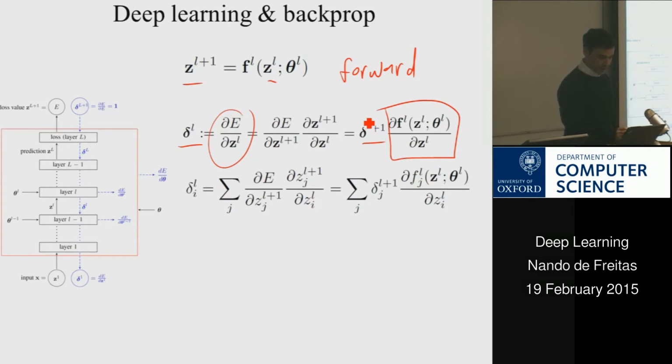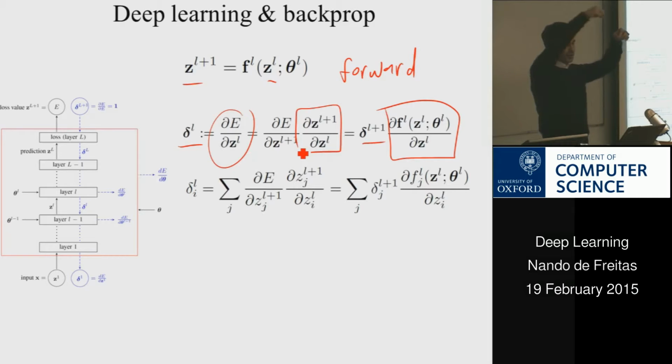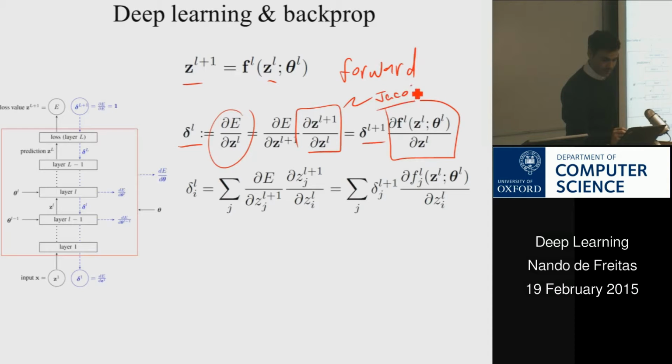It is important to realize that these quantities here are matrices. If you have many inputs and many outputs, you need to take the derivative of each output with respect to each input in turn. So one output with respect to all the inputs will give you a vector. You move to the next output with respect to all the inputs, which will be another vector. So this quantity here, known as the Jacobian, is the matrix of derivatives of each output with respect to each input. And so it will be number of outputs by number of inputs.